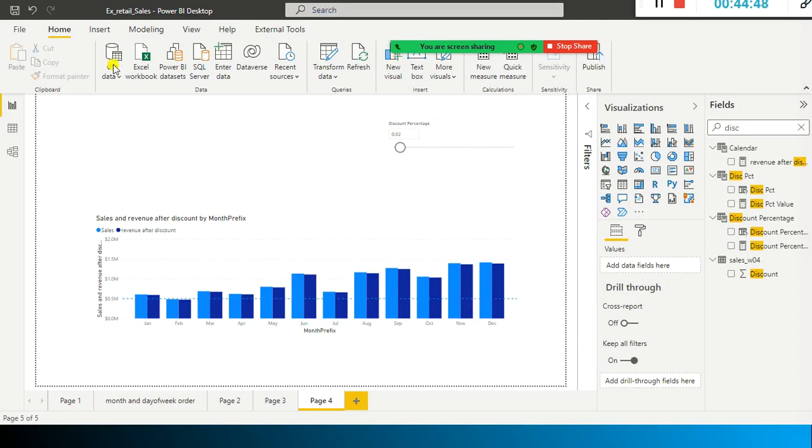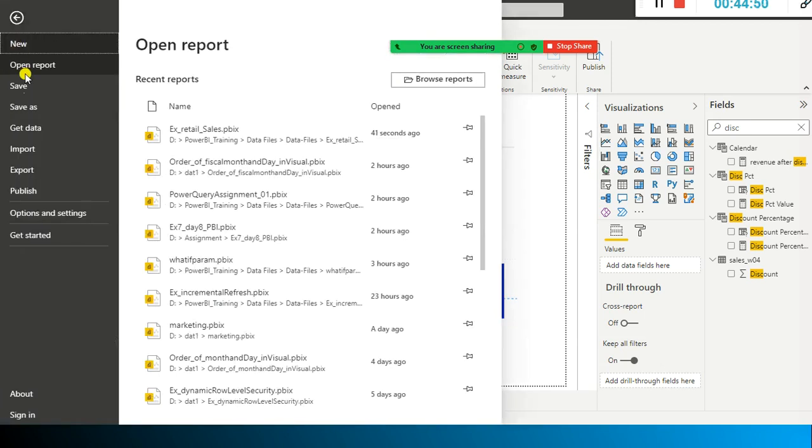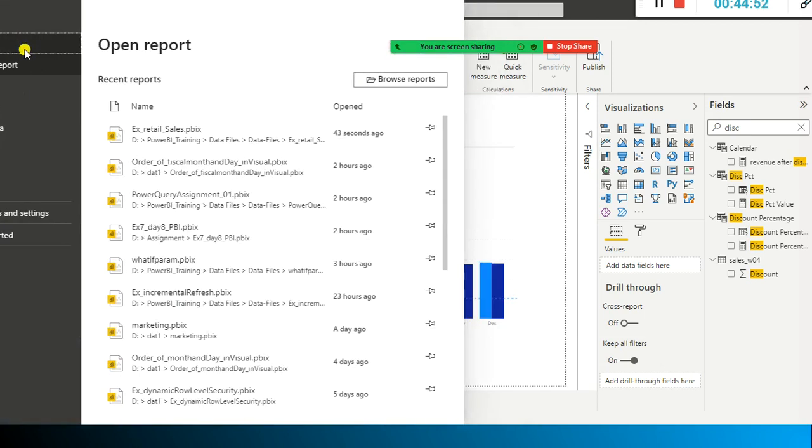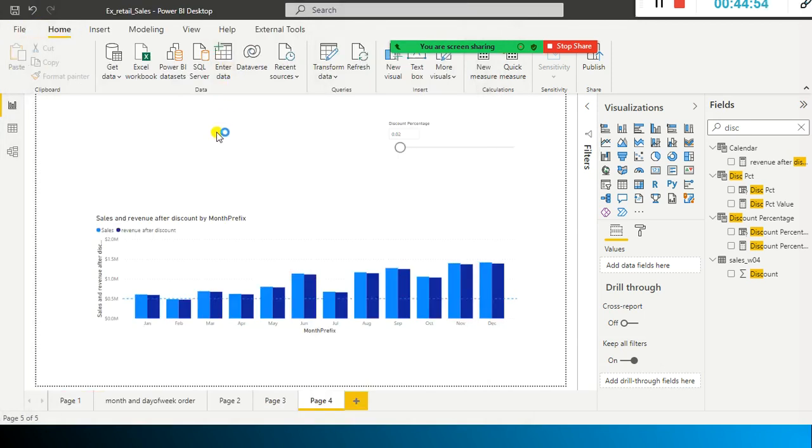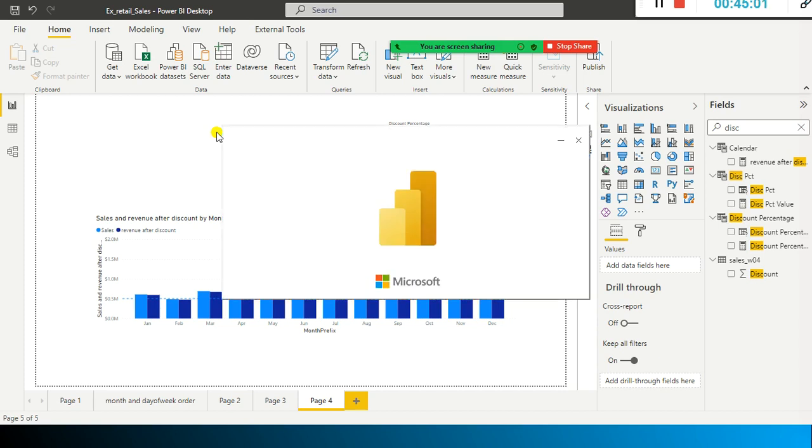For example, one of them is the data model. Once you create the data model, it can be used by all the developers in your project. The classic example is the data file assignment which I gave, right?